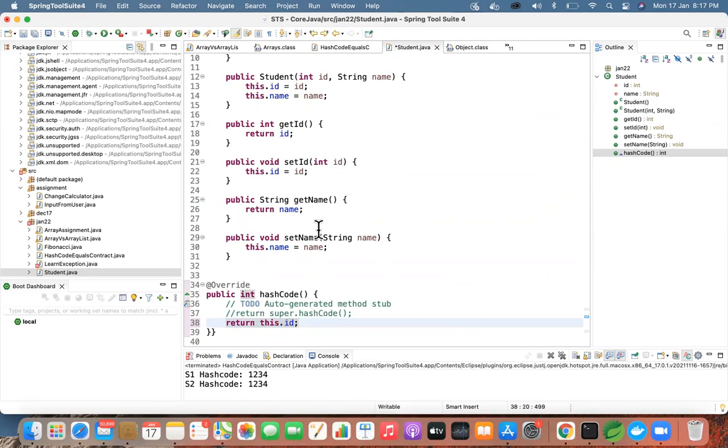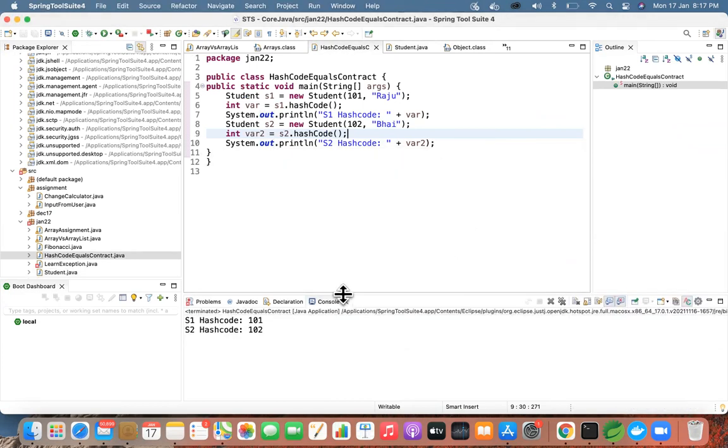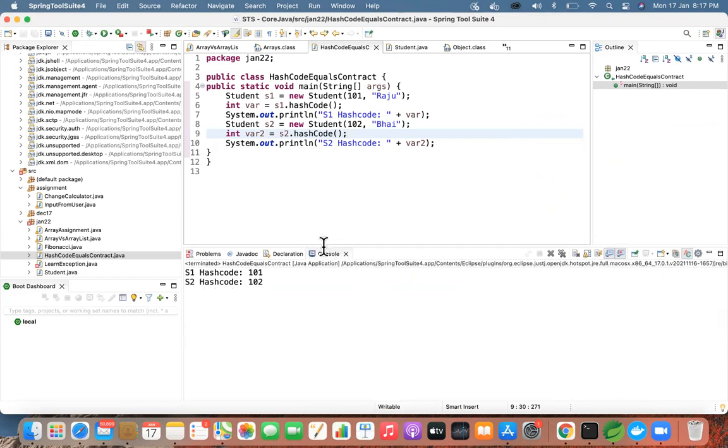You can just give ID or this dot ID, save it, and now execute your program. So you have unique values which are easily addressable by your own input which you have passed.